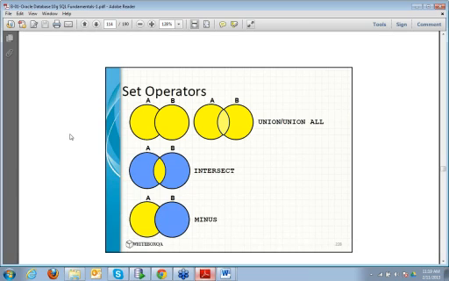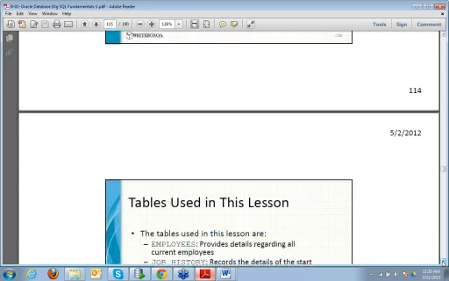So whenever you are doing set operations on the 2 tables, the number of columns you are selecting and the corresponding types have to be the same for the 2 tables. So when do we use set operators? We'll know in a while from now. We'll do some examples on set operators.